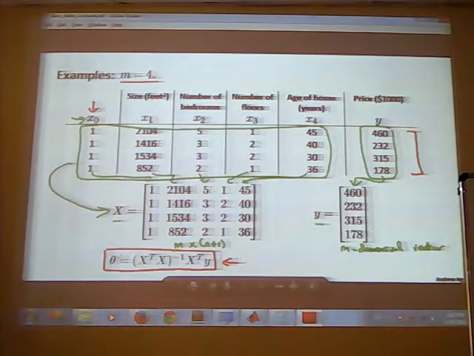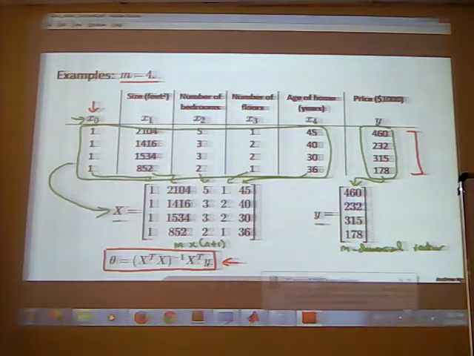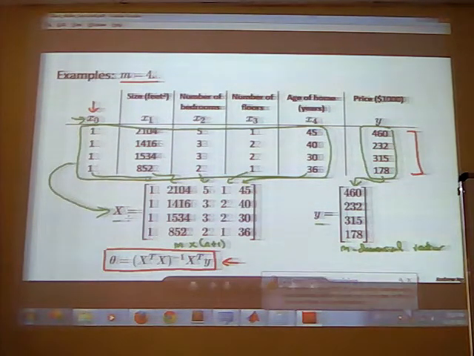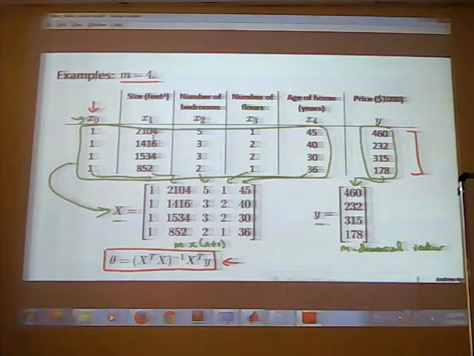What is it? You will calculate theta on the basis of x transpose multiplied by x, the inverse of this, multiplied by x transpose and y. And what are these terms? What is x over here? It is the set of all your features. And as you can see, we have added a column x0 over here. And why so?